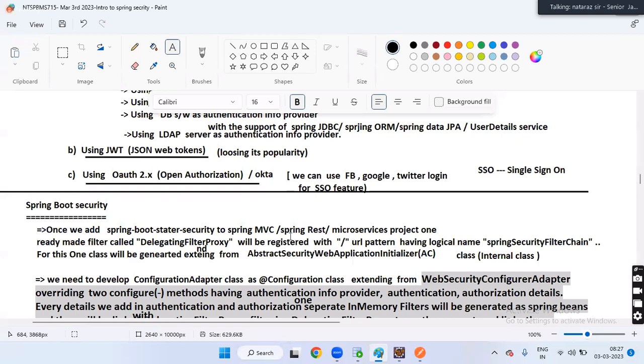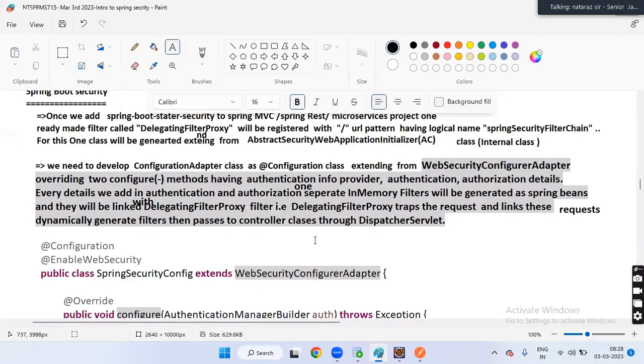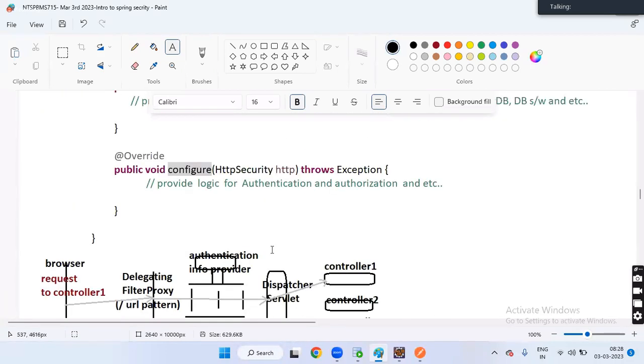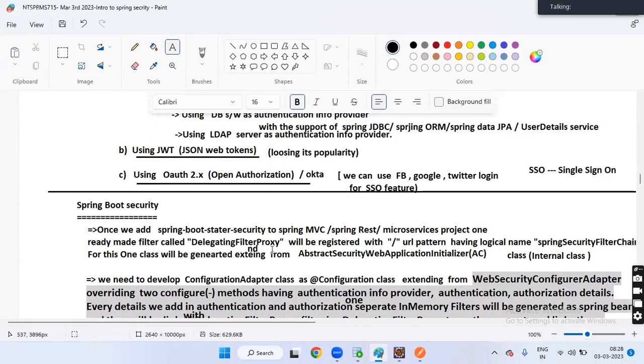Everyone convinced, my dear? Got the clarity? Okay, Nandini madam, you are using Okta in our project for authentication, that's what I said. Yes, boss. Read this document before coming for tomorrow's session, guys. I will introduce Spring Boot security officially in tomorrow's session.